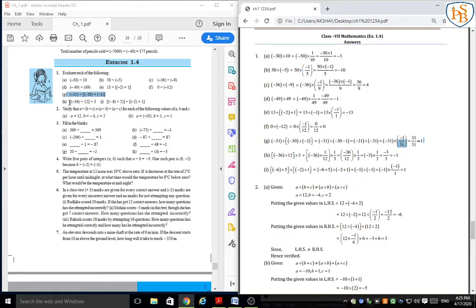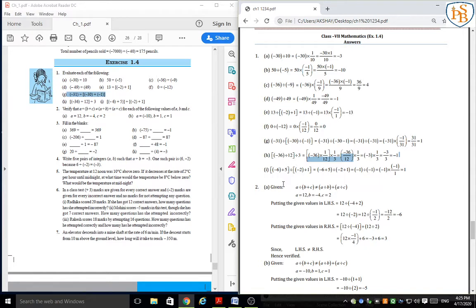H, negative 36 divided by 12, this is in bracket, and outside the bracket there is a divided by 3. So 12 3s are 36, but it carries the negative sign, so negative 3 divided by 3. 3 ones are 3, but both carry opposite signs, so the answer will be negative 1. Or instead of that we can say there is only one negative integer and 1 is an odd number, so the answer will carry a negative sign.